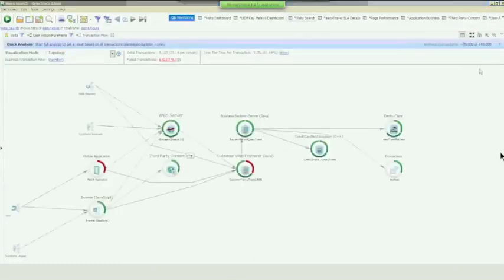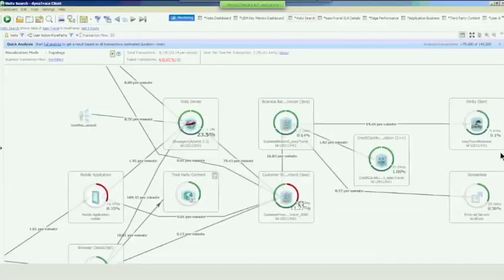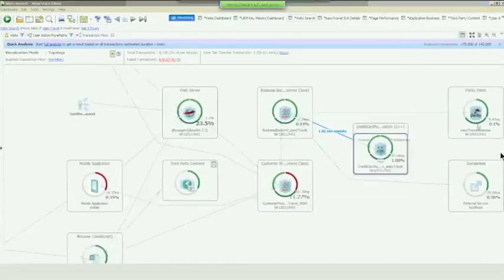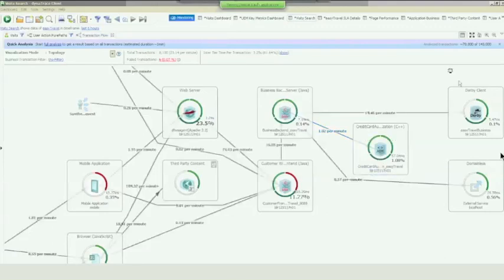Now, the critical thing to understand here is that this is a heterogeneous application which has a web tier, Java, credit card, and a backend in .NET. So your transactions, as they pass through each tier, from Java to C++ also here, it captures all the details along the complete transaction. For doing that, we need agent-based technology, but there are certain agentless technologies also which can be integrated with this to capture other enterprise applications like SAP or Oracle E-Business.